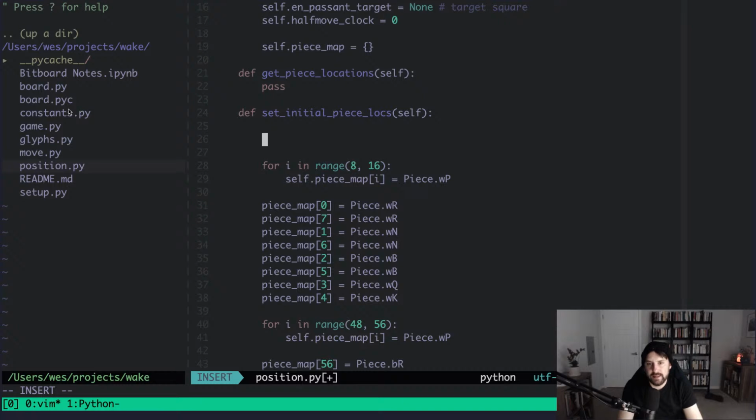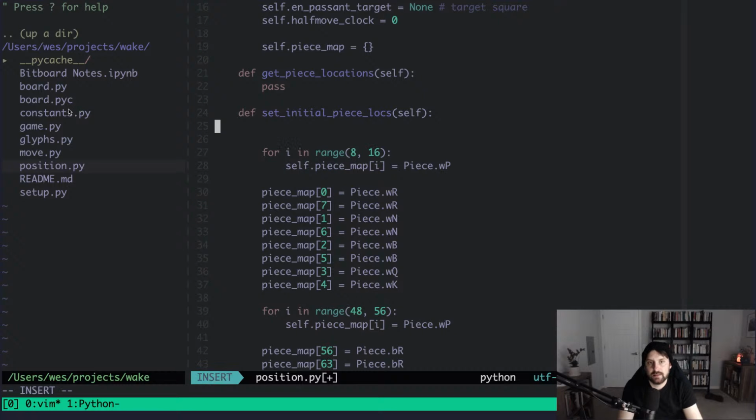So what I want to say is something like this. Self.piecemap, piece.whitepawns is equal to